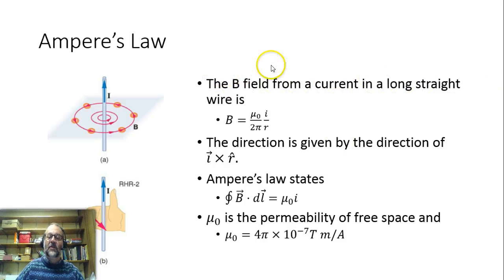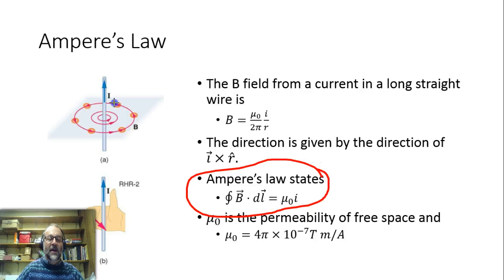So, B field from a current on a long straight wire. We have here Ampere's law: the integral around a closed loop equals mu naught I. If we look at the integral around this, the B field is constant in a uniform circle centered on the current. It is always in the same direction by the right hand rule,